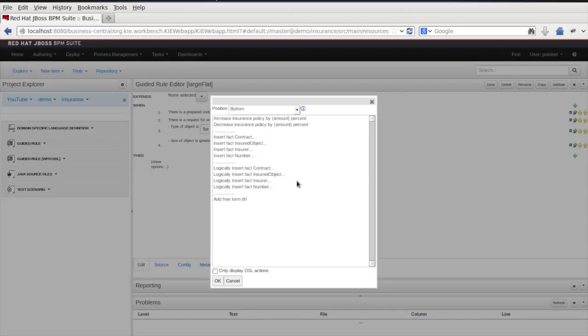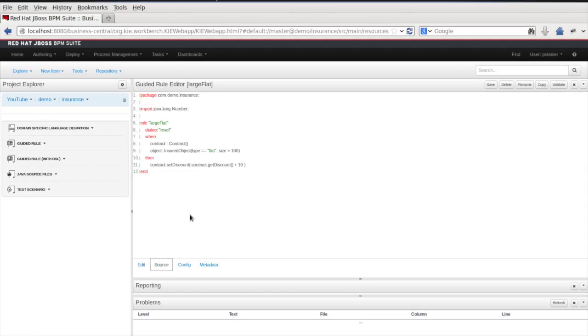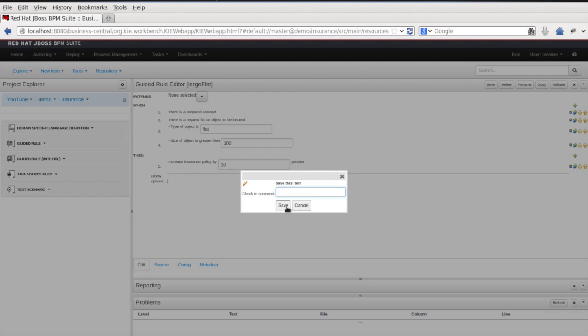then now we see in the then part only the consequences part of the domain-specific language is provided. So increase insurance by amount %. We'll say 10. So now this looks much more readable and natural language-like, but still translates, if we look at the source, into our plain Drools language. So this is the rule that we've created. We'll save it,